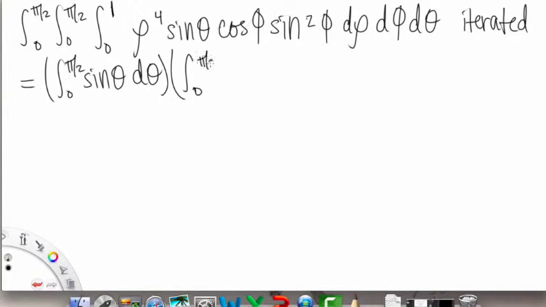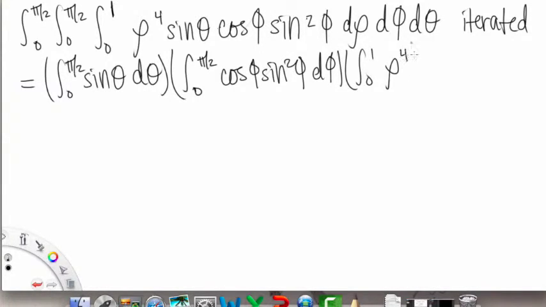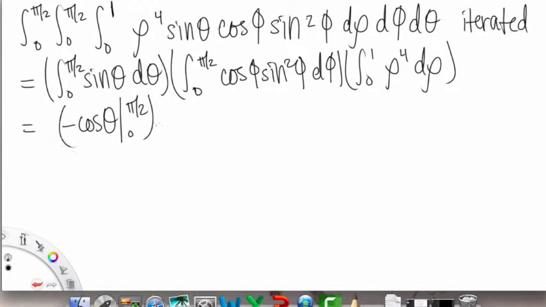Then I'll do phi. So from 0 to pi over 2, and the phi stuff, so that's cosine phi sine squared phi d phi. And lastly, we have the rho, from 0 to 1, rho to the 4th d rho, and then close parentheses. Okay, so let's start evaluating. We have a negative cosine theta, as theta goes from 0 to pi over 2. Here we're going to do u substitution. So u equals sine theta, so du is then going to be cosine